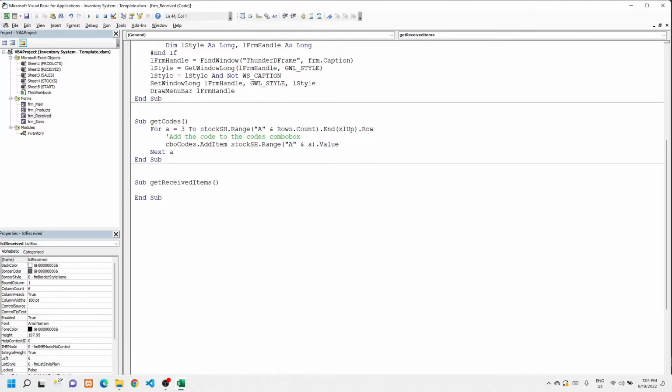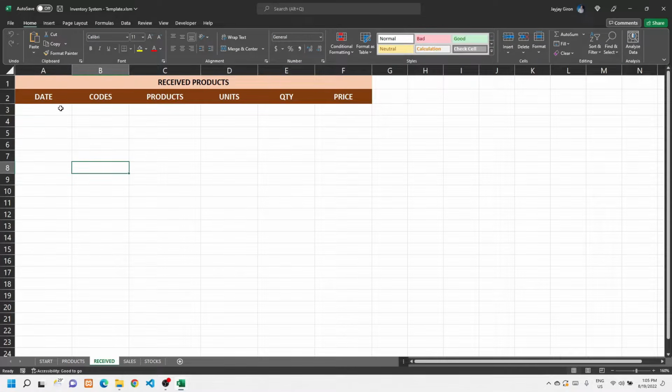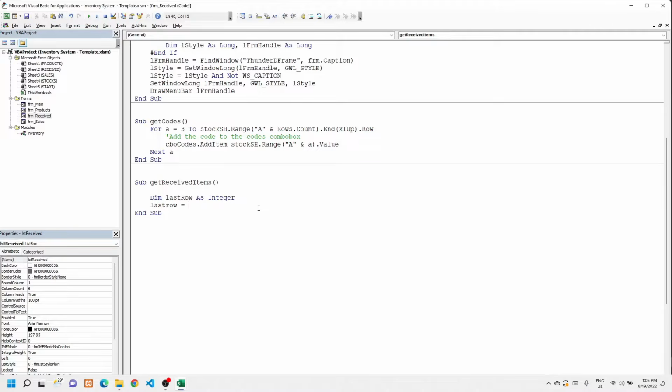items. And in here, we need to first start by declaring a last row variable. It should be of integer type, and this variable should hold the last row with value referencing column A of the receive worksheet. So our receive worksheet variable is receive sh, and then